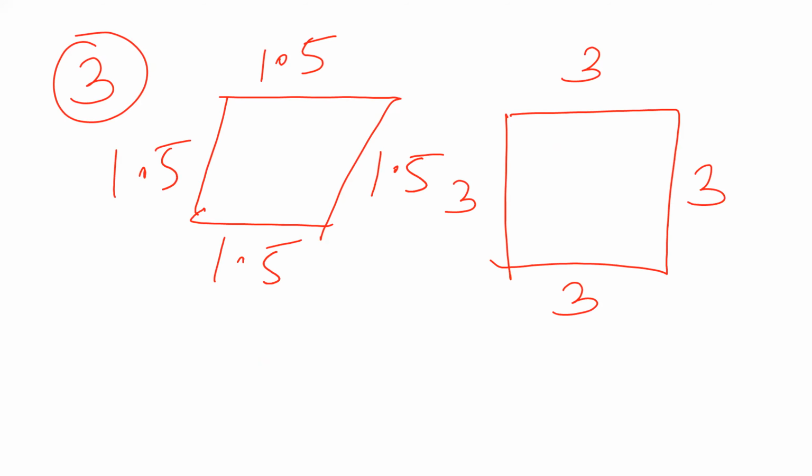Sir, here the angles are equal. Is it given? No, no. Sir, these are not 90 degrees. Then the first one is a rhombus and the second one is a square. So they are not similar. Fine. Sir, these two are not similar. Clear? Yes. Sides are proportional, but angles are not equal. Done.